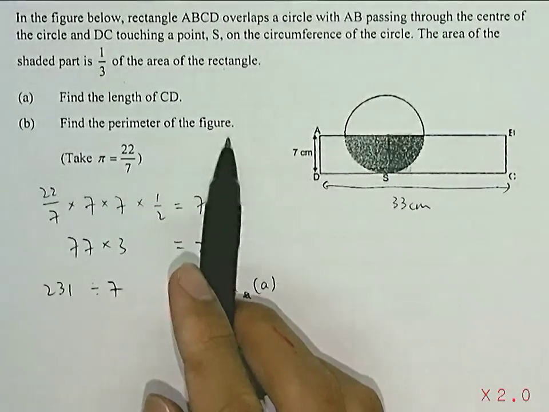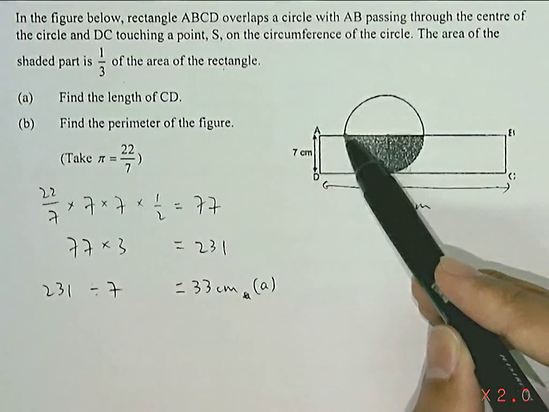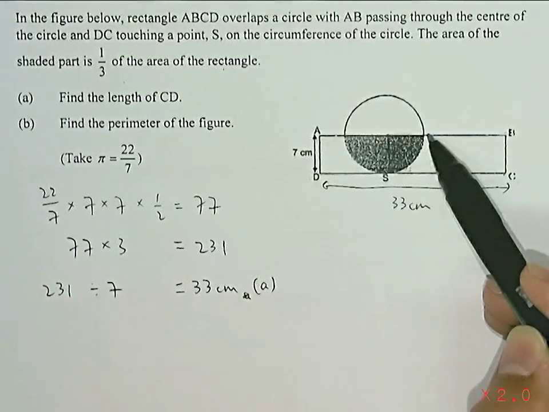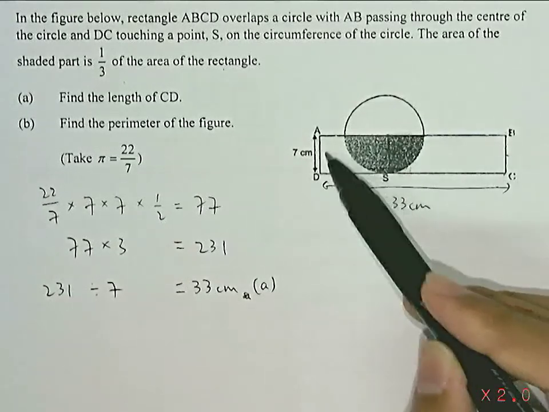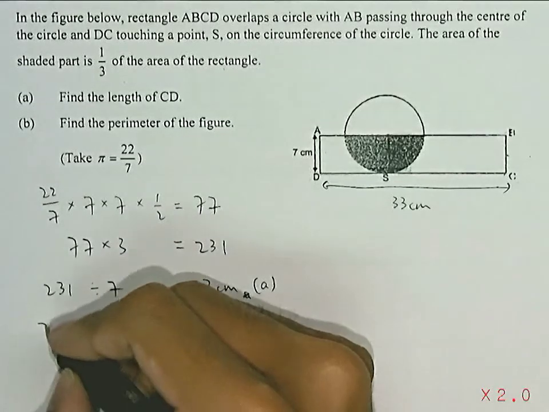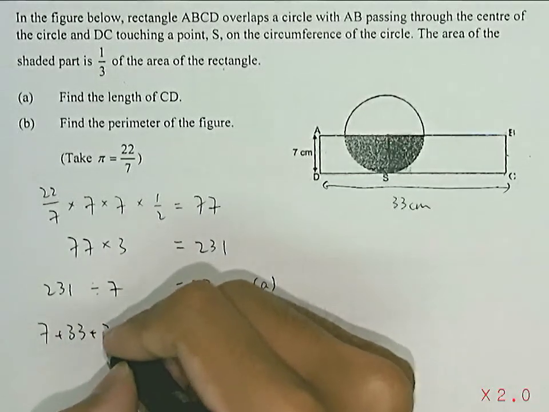Part B, find the perimeter of the figure. We can first look at the straight portions, which is this, and this. So if we add up the two 7 cms and the two 33 cms, so 7 plus 33 plus 7